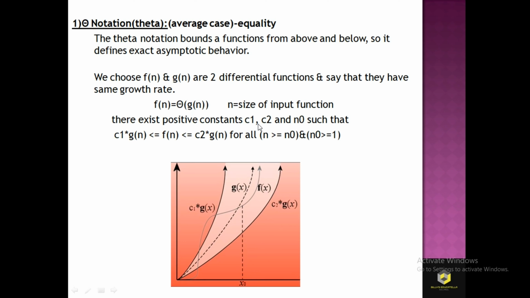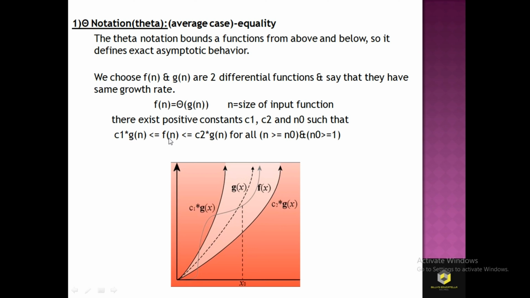There exist positive constants c1, c2 and n0 such that c1 × g(n) ≤ f(n) ≤ c2 × g(n) for all n ≥ n0, where n0 ≥ 1. Here n0 is the value which we are going to take, and